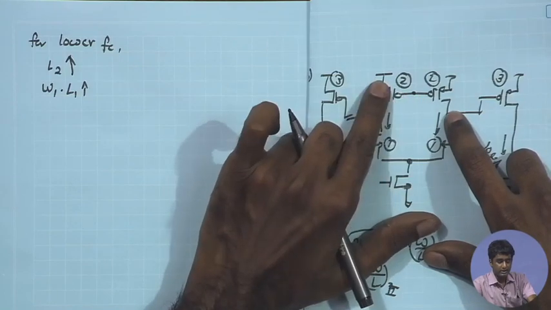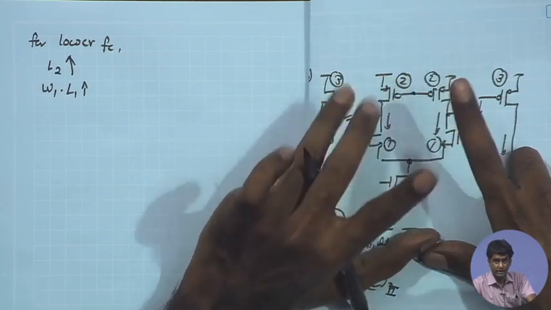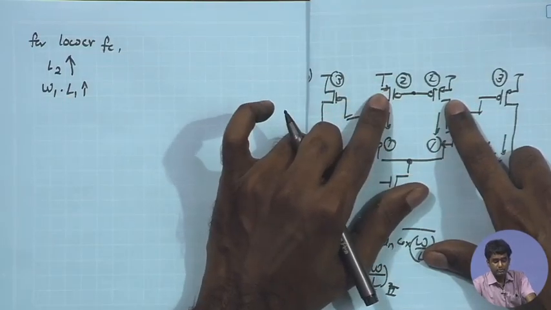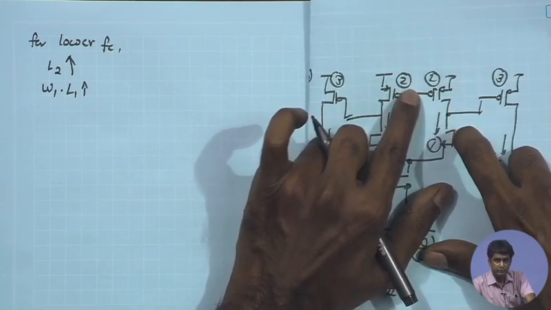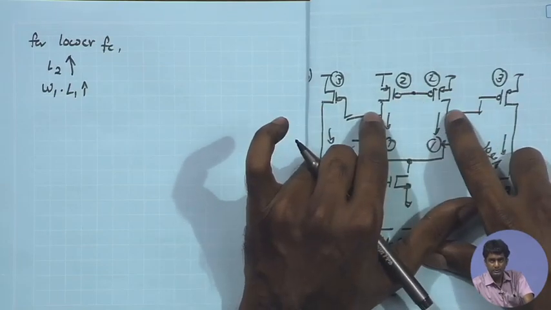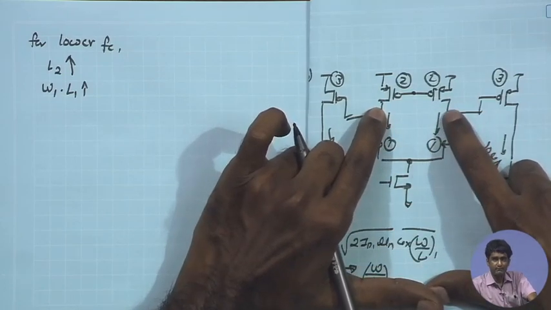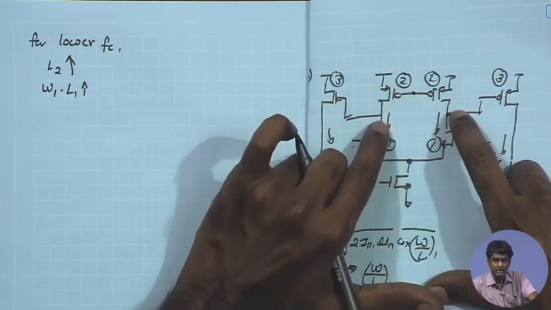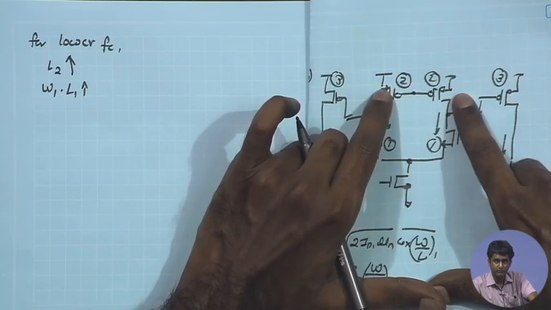So, if you are having larger L, meaning W by L of M2 getting reduced, sorry, W by L2 getting aggressively reduced because you are pushing the L2 larger and larger to get the 1 upon f, that is going to require a larger VSG drop. A larger VSG drop means the gate bias voltage over here is going to be lower. Gate voltage over here being lower means the maximum potential that you can have over here is also going to be lowered, right, because we know that the maximum potential available at the drain of these two outputs is going to be VG plus mod Vt. So, a larger L of these devices and smaller W by L of these devices,